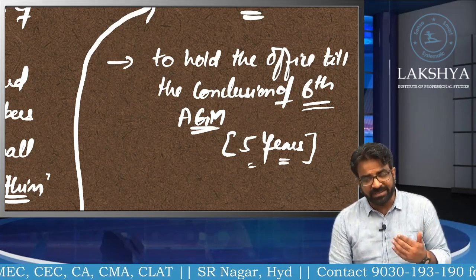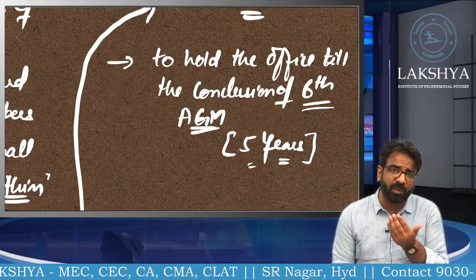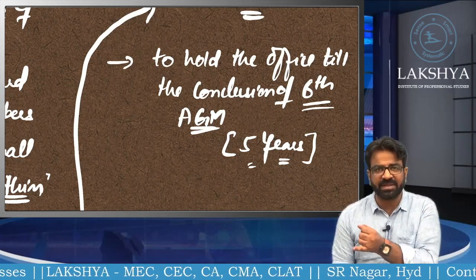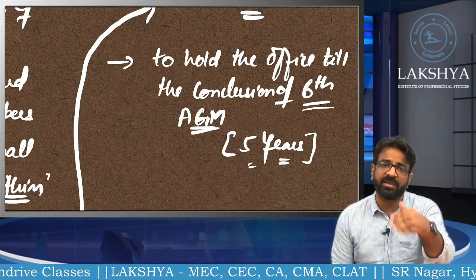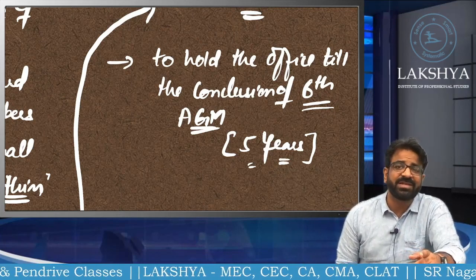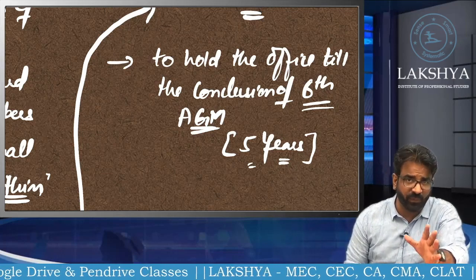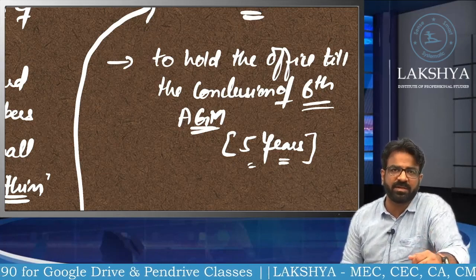Everyone clear? Yes. If he is appointed, sir, what if he is not performing well? Can we remove him? Yes, removal is also allowed before the expiry of the term. His term expires after 5 years, but before the expiry also, we can remove him. But that we have in another section, section 140 subsection 1 and 140 subsection 4. There we will understand the removal of an auditor. I hope everyone is crystal clear.